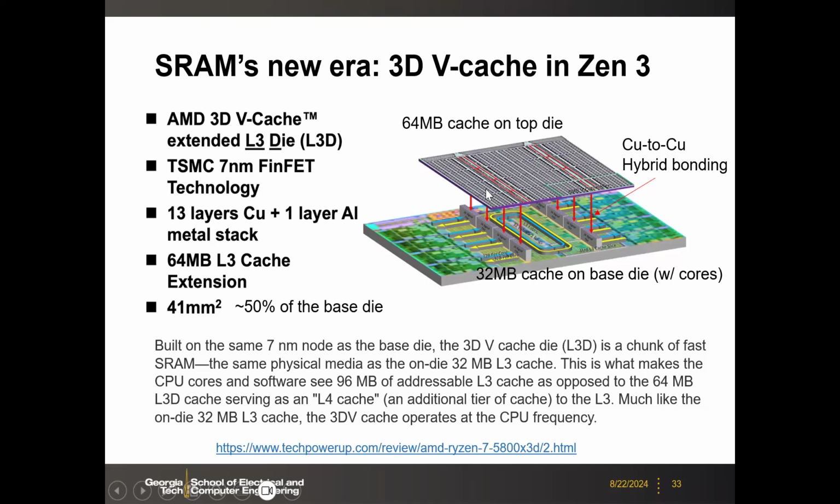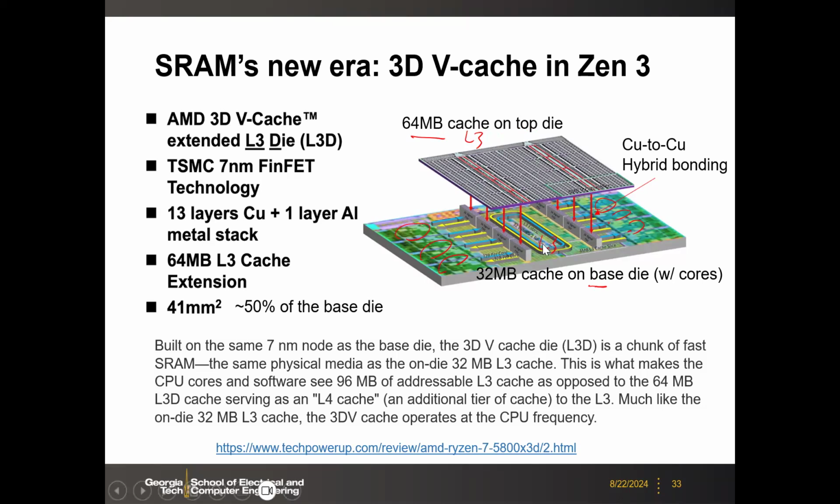Basically, they have a separate die which is reserved for the L3 cache only. In this case, this top die has 64 megabytes, and under that, there are 32 megabytes of cache on the base die with the cores. So you still have the cores here, and then here is the L3, but it's within the base die. And then you have the extended L3